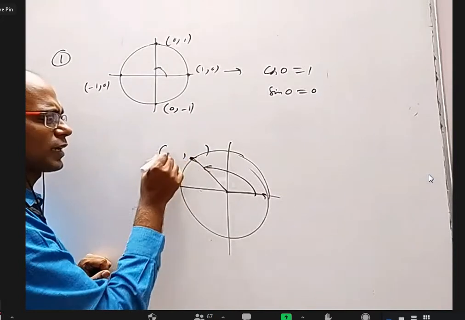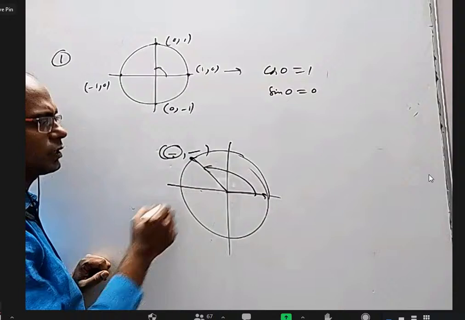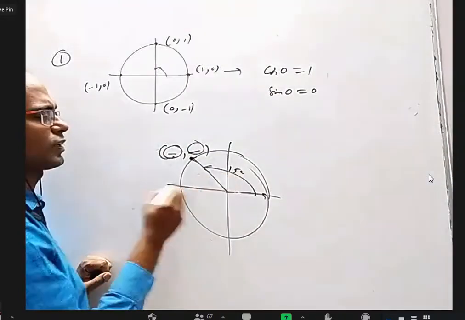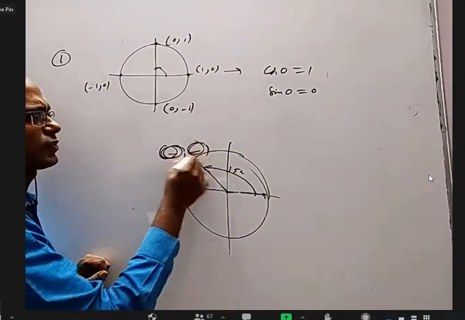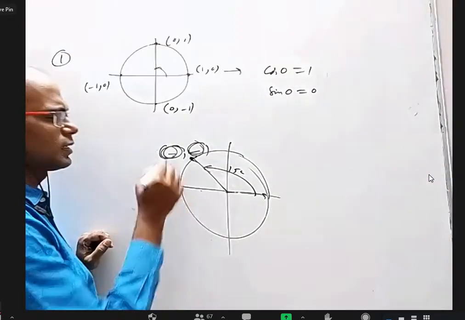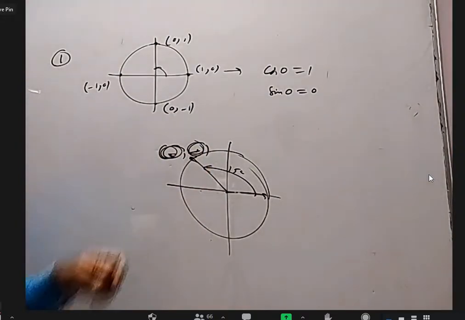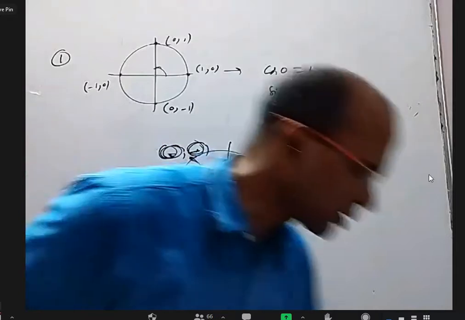This point will have some x coordinate and some y coordinate. This x coordinate is called cos theta, this y coordinate is called sin theta. If this is 150, this x coordinate is cos 150, this y coordinate is sin 150. If the radius is not 1 unit, this x coordinate by r is cos theta and this y coordinate by r is sin theta. Since I already discussed this in my first lecture, I did not spend so much time now.